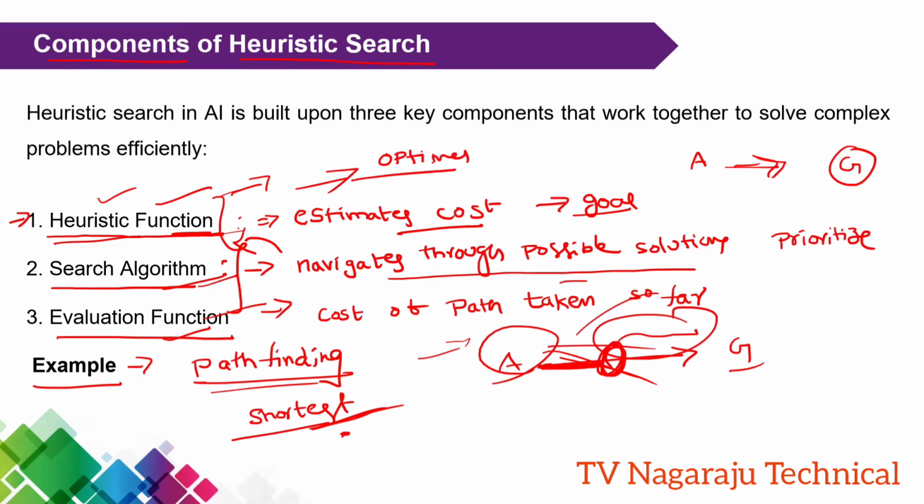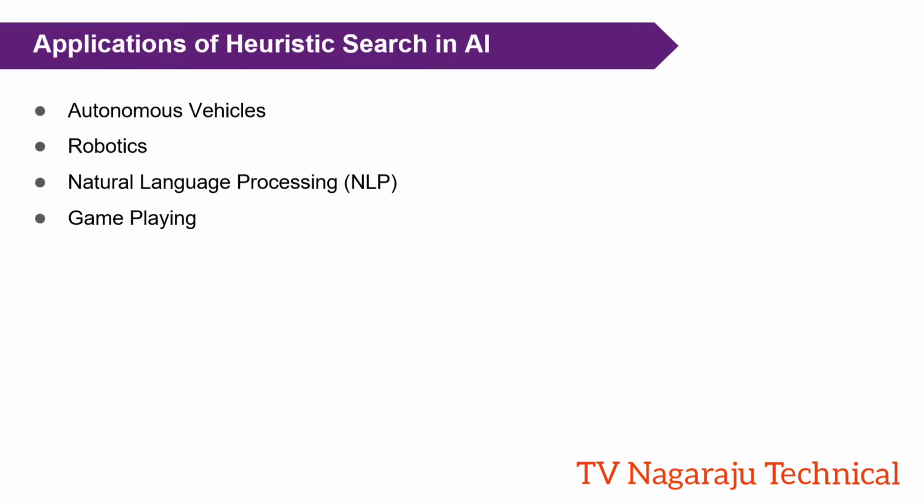That means you need to find out the shortest path within a reasonable amount of time. This is the concept of heuristic search. Now, what are the applications? That is, applications of heuristic search in artificial intelligence. Anyway, the regular applications,